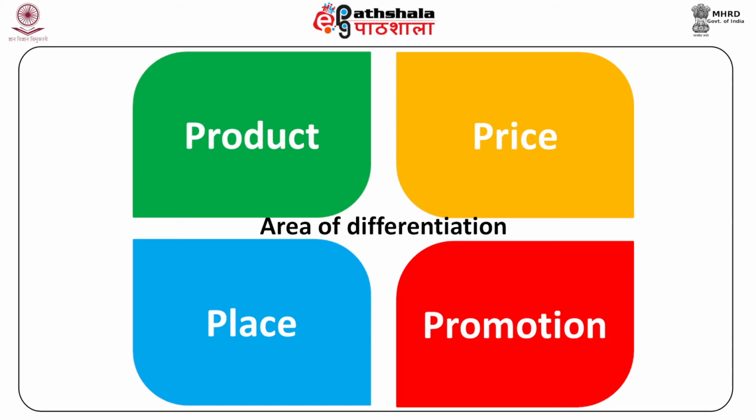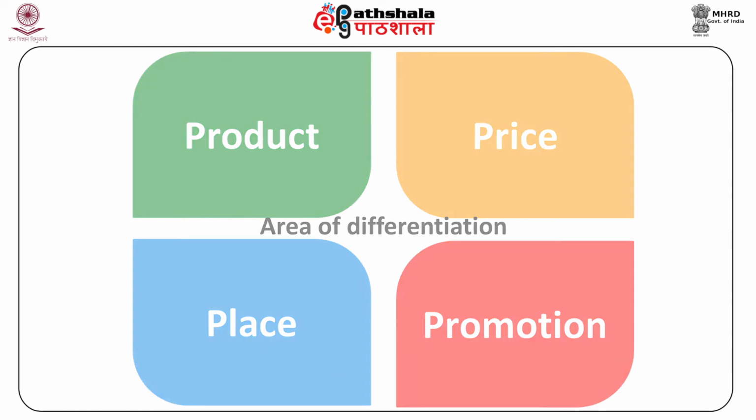B2C. Number 4, price. Price differentiation is usually the last area for a firm to follow. Cost positioning and cost advantage is important for a firm to be successful in price differentiation. A high price is sometimes proved to be a source of differentiation. But in this case, the firm should have the product quality, brand image and perceptions to convince the consumer that the product is worth the high price.